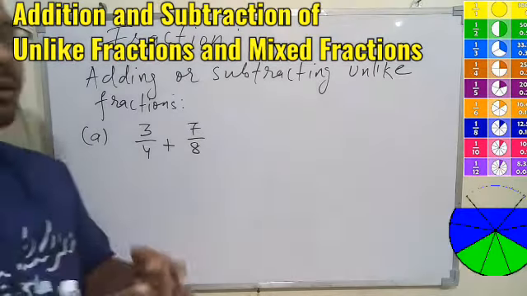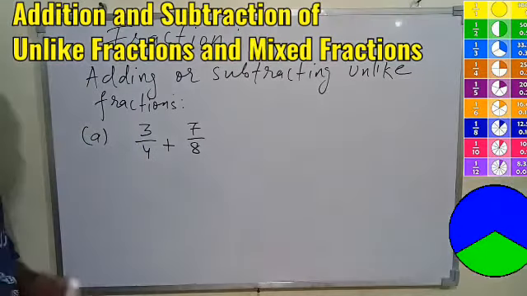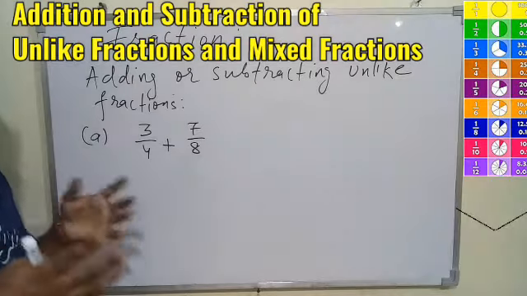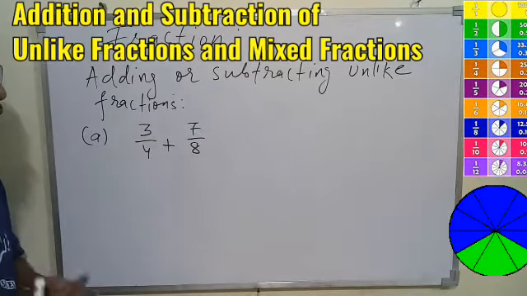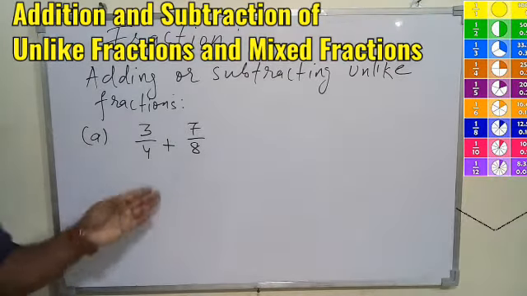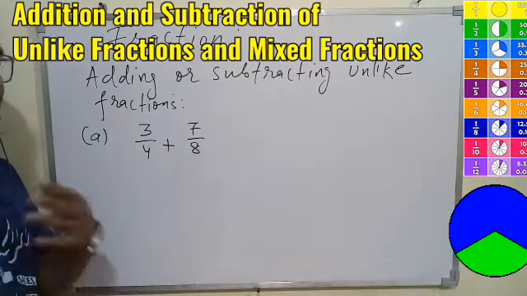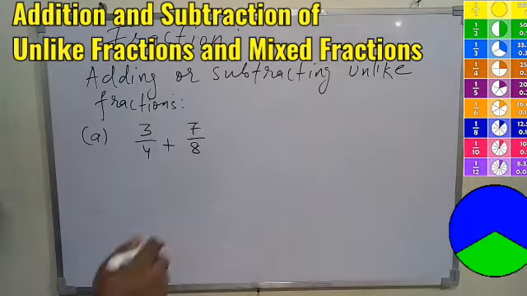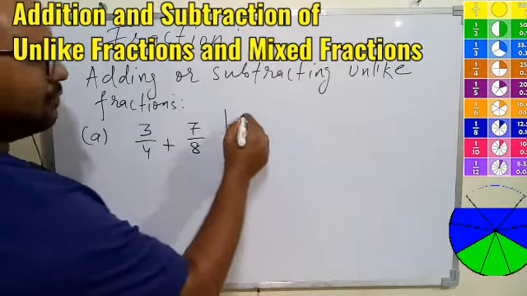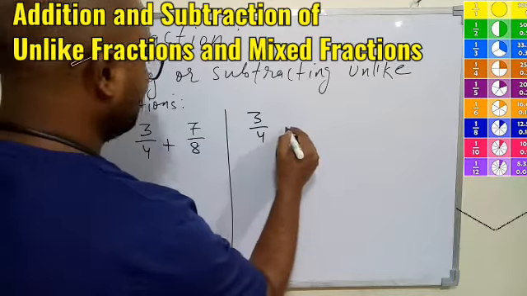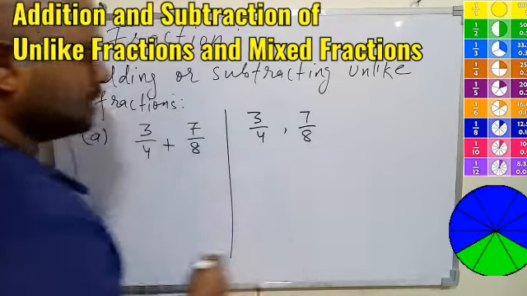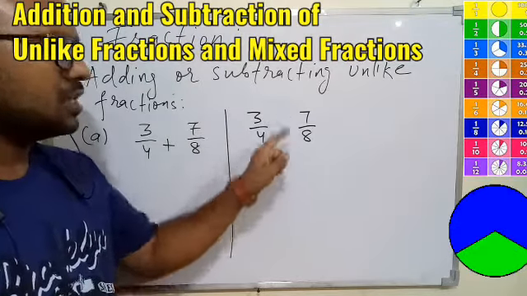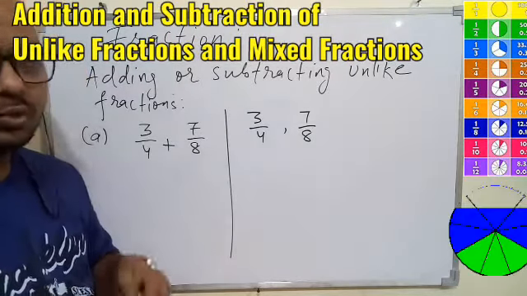One thing we should remember: if we have unlike fractions, we need to first convert them into like fractions, and then you can do the things that we understood in the previous class. So what is to be done? We'll do something so that both get converted into like fractions, and the rest we understood already in the previous class. So let's start now. Here we have 3 by 4 and 7 upon 8, and we know how to convert them into like fractions.